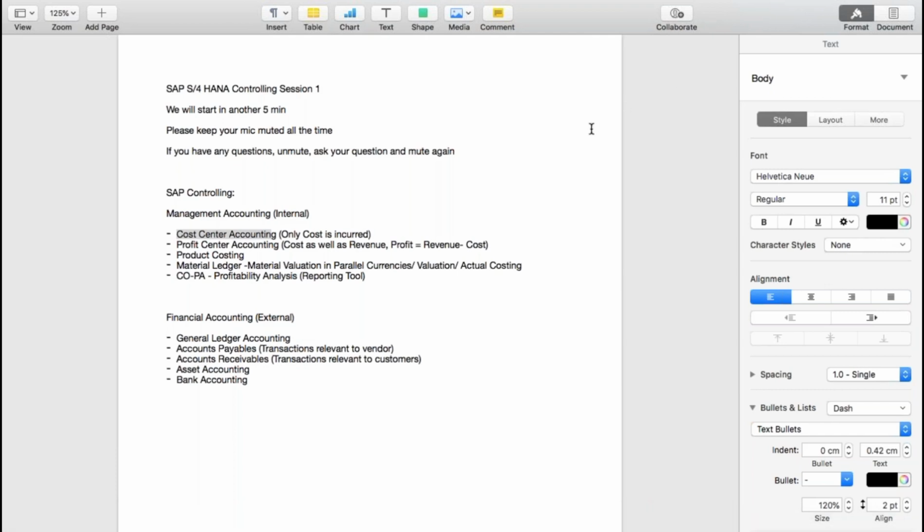See, in SAP ECC, when we were using the old version of SAP controlling, there was no concept of IBP. IBP was launched with SAP S/4HANA itself. What we were doing in controlling in ECC was that the planning was carried out in the same system, so there was no separate need for IBP. Whatever planning you were carrying out, you were carrying out directly in the main system within SAP controlling itself.